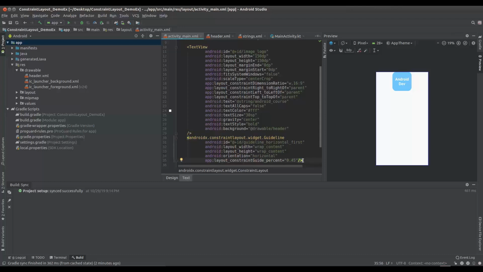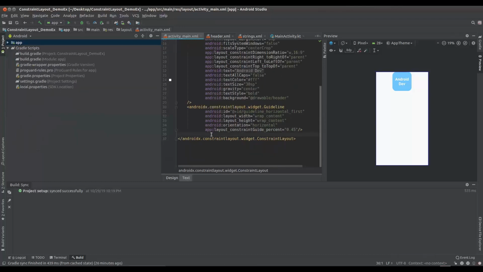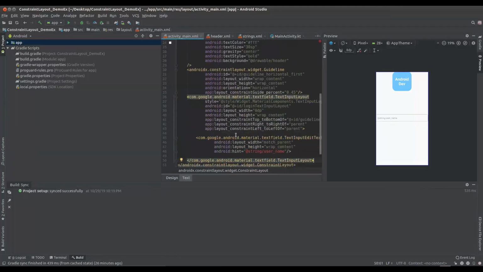It could be text input layout for username or email like this. So we just add the style, this style coming from the material component, and ID. We're gonna add width and high with the wrap content and width 0,